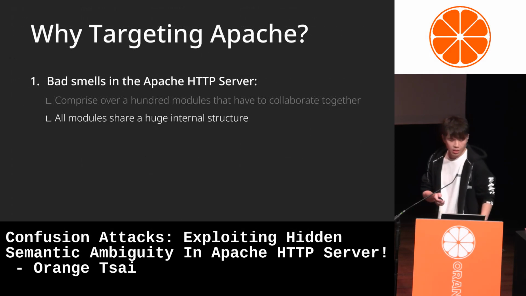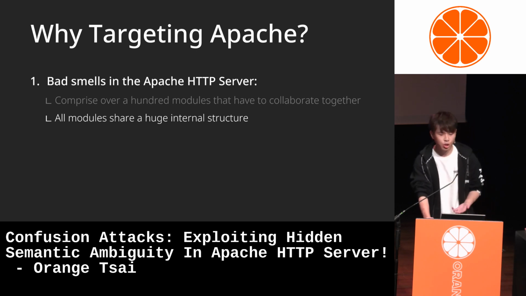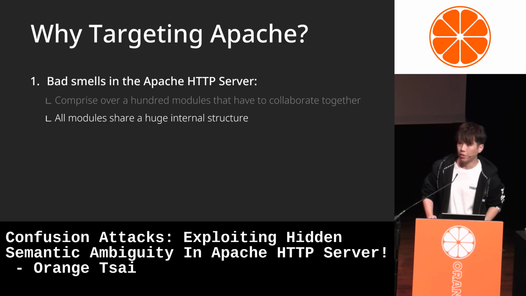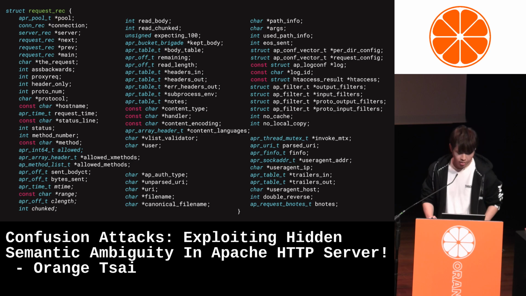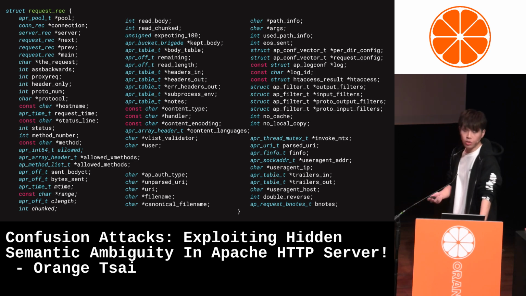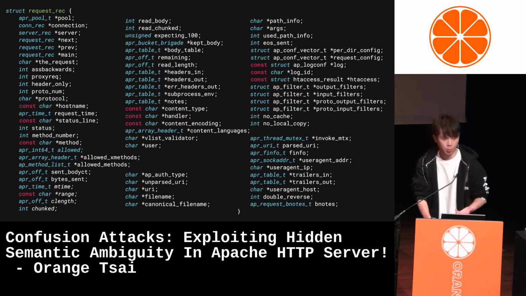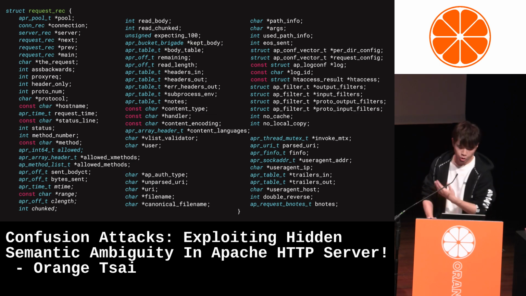And what's even more surprising is that these modules also share and maintain a very large structure while working together. The slide shows what the structure looks like, including all the elements involved in handling an HTTP request. In Apache, all modules relied on this massive structure for synchronization, communication, and even data exchange.